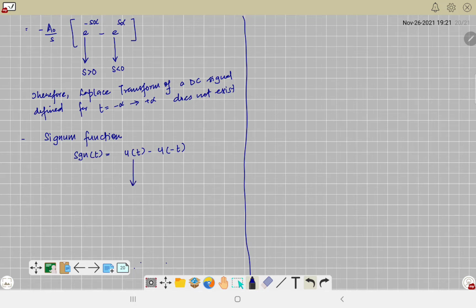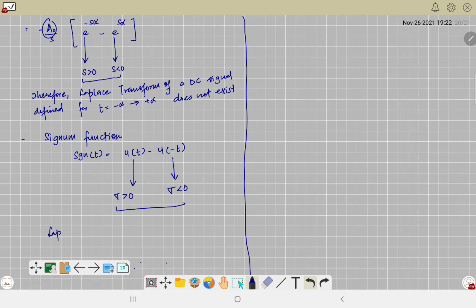For this, sigma is greater than 0, and for this sigma must be less than 0 for their convergence. Again, it is a similar situation to when we tried to find the Laplace transform for the DC value. Here also we can't have a common region of convergence for the two components,